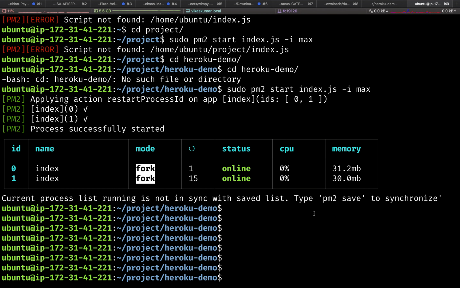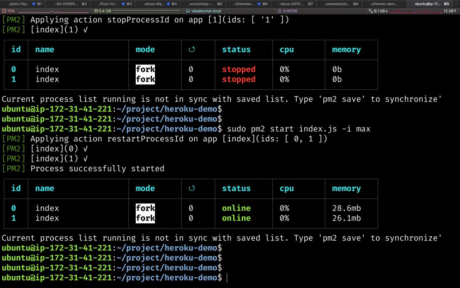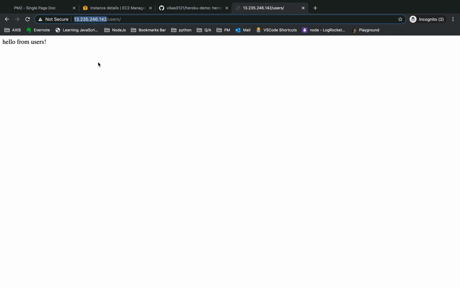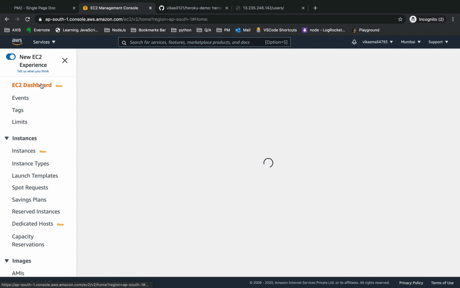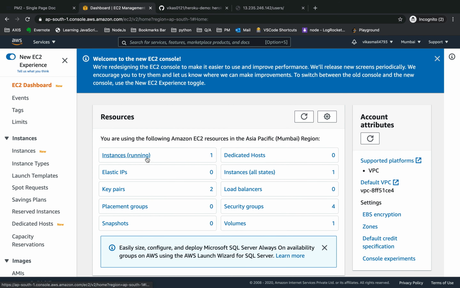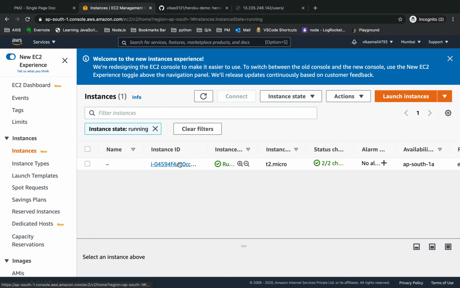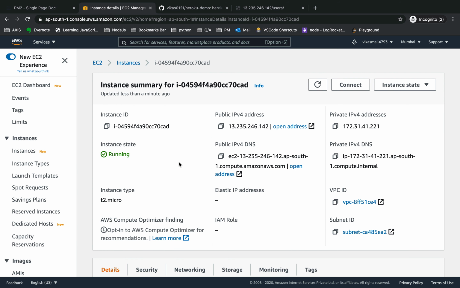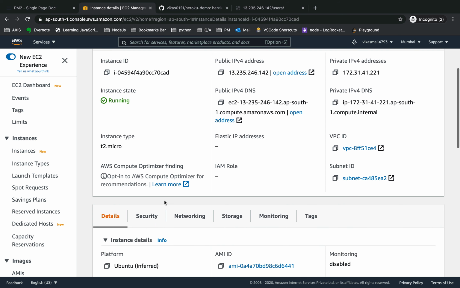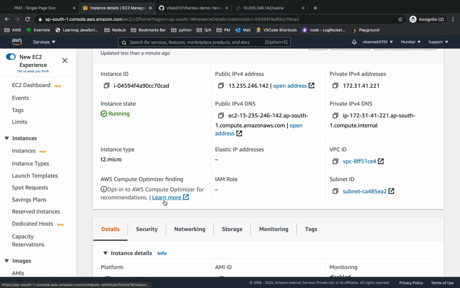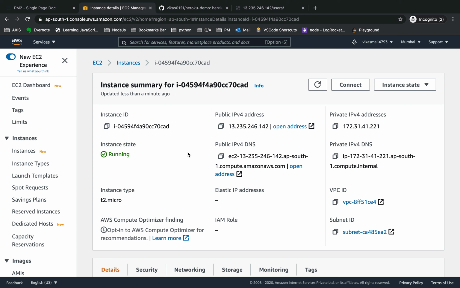Guys, for this video purpose, I have used an instance of EC2 machine of Ubuntu server using AWS. So here's my instance. You can see EC2 dashboard and instances running 1. This is my instance for the demo purpose. This instance is running. After this video, I will terminate this instance. So there are some free tiers available for the study purpose. For the demo purpose, you can use the same.